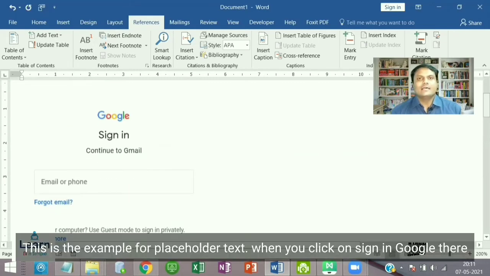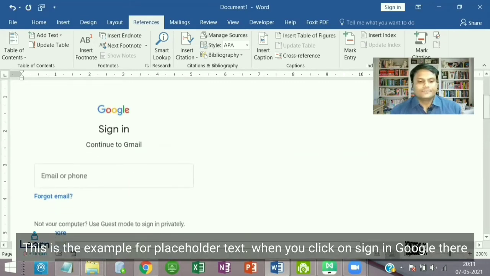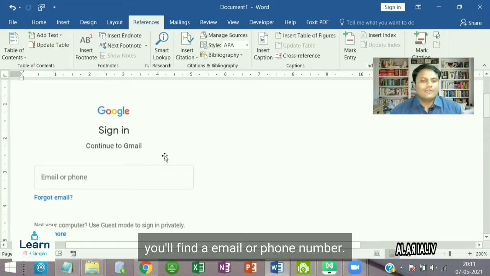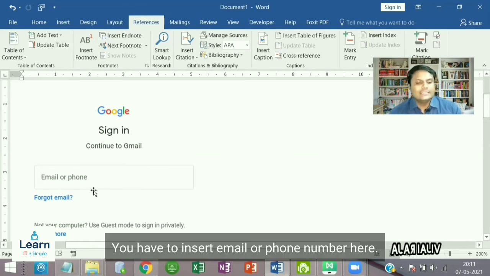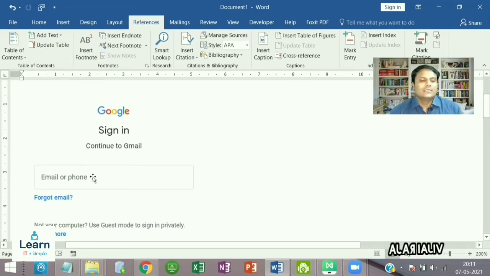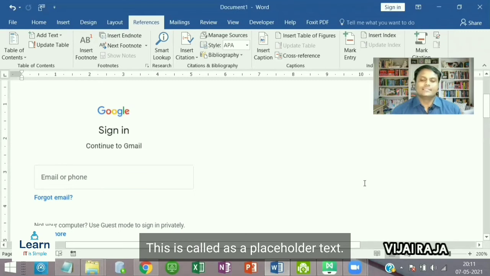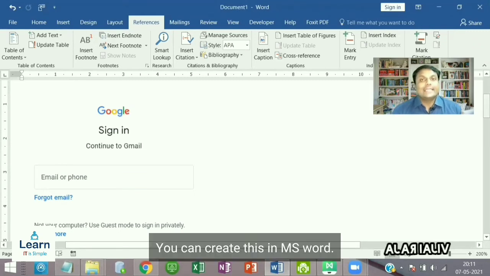This is the example for placeholder text. When you sign in to Google, there you will find an email or phone number. You have to insert an email or phone number here. At the backdrop, you will find this dummy text. This is called a placeholder text. You can create this in MS Word.